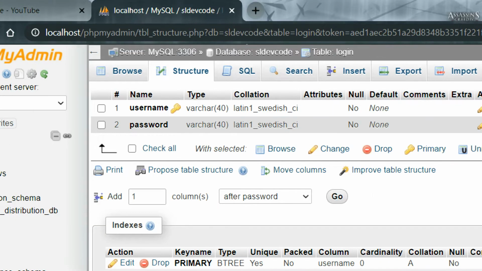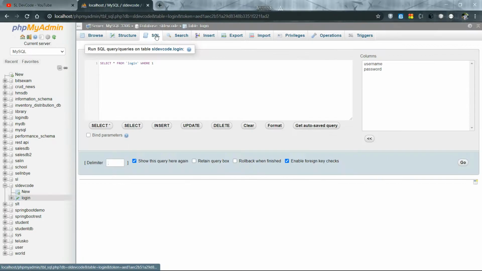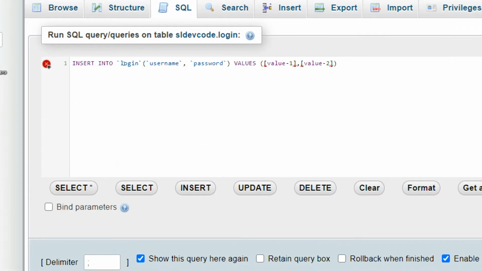Now you have to go to SQL and select insert. Now I am going to insert a username and password. Now I am going to write my query.